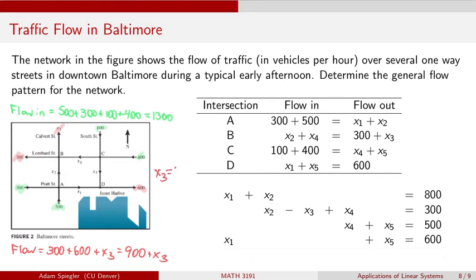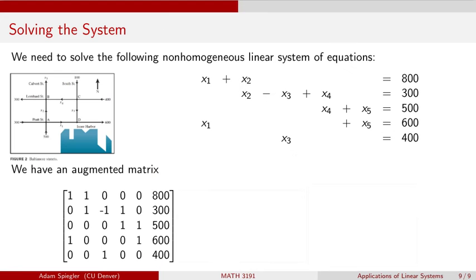And as a result of balancing the flow in and flow out for the entire system, we get a fifth equation, namely X3 needs to equal 400 in order for the entire network flow in and flow out to balance out. So now we've got a system of 5 different linear equations with 5 variables that we'll solve on the next slide. Okay, and so we set up the following system of 5 equations and 5 unknowns, namely the top